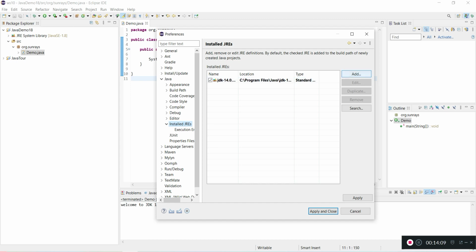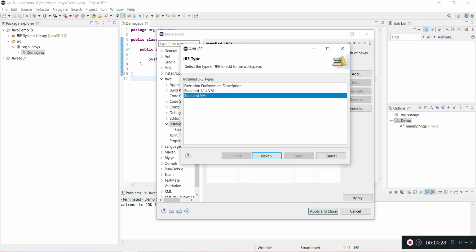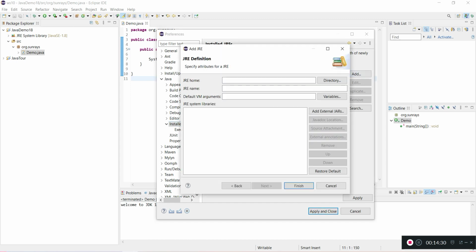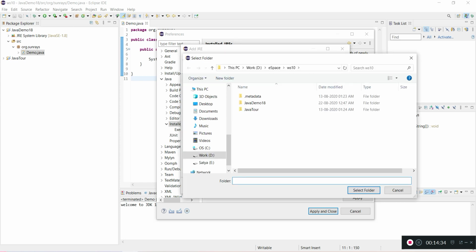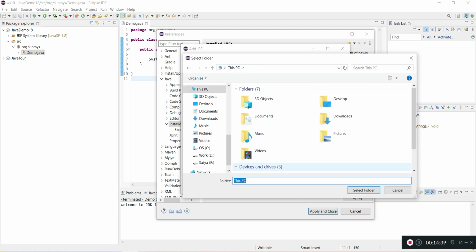So let me select JDK 1.8. So we need to add JDK 1.8 here. Don't choose JRE. It is showing like a name is Installed JREs, but we need to set the JDK home path here. So click on add and Standard VM, select this one and next, and JRE home is a JDK home path that is in C Program Files.